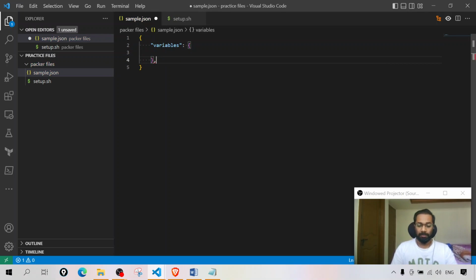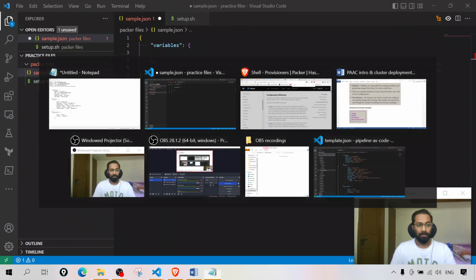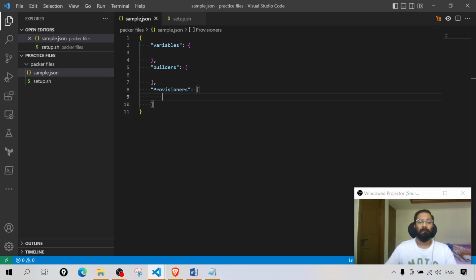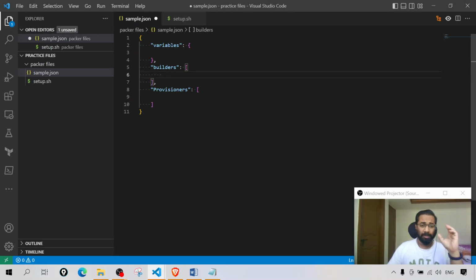We have the variables. Let's create the builders, and builders will be in the form of an array. And also we will have provisioners. Again, it will be in the form of an array. Okay, so as I mentioned, builders is the main block which creates the instance, and once that particular base